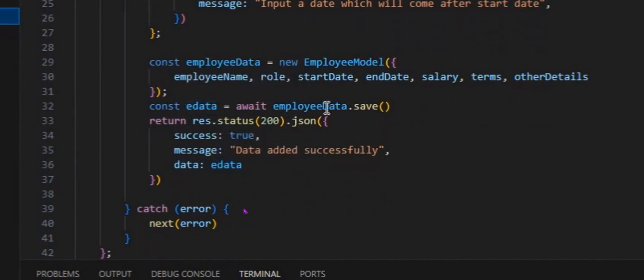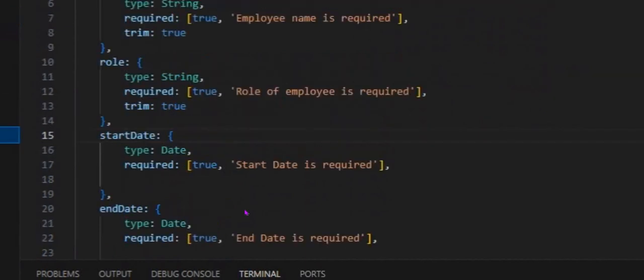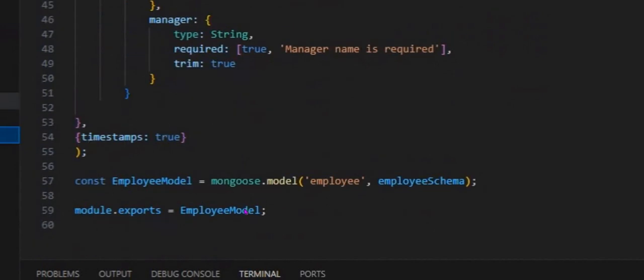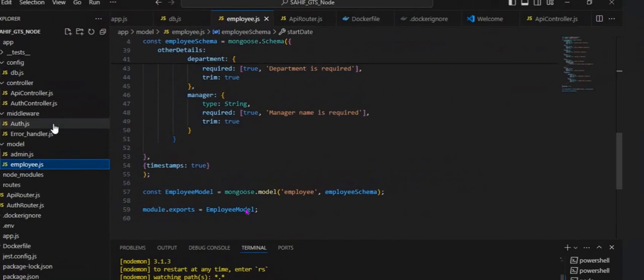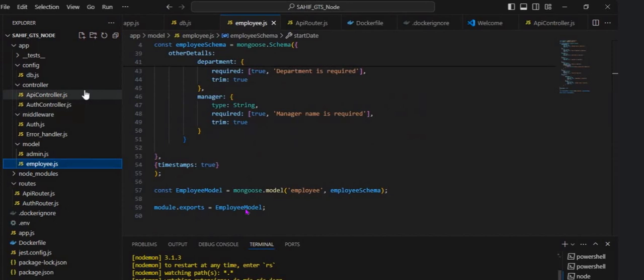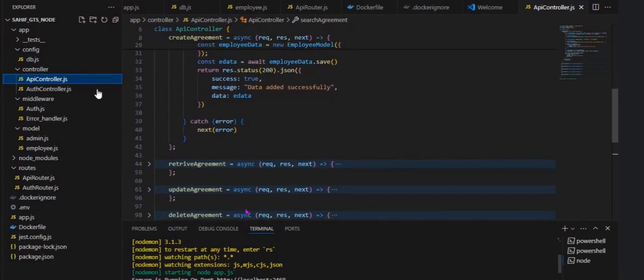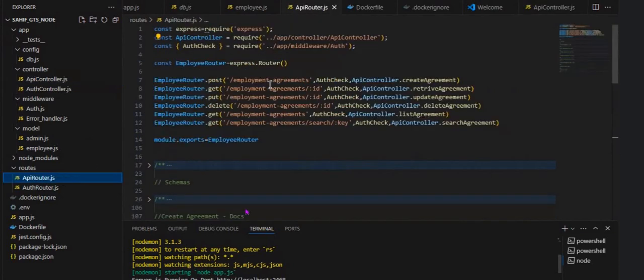That means it will show the whole agreement with these fields and its values, as well as an auto-generated ID. And also I use timestamps in the model, so it will also show the created time and updated time. So this is the create agreement, and the API for this is this one, the post request,